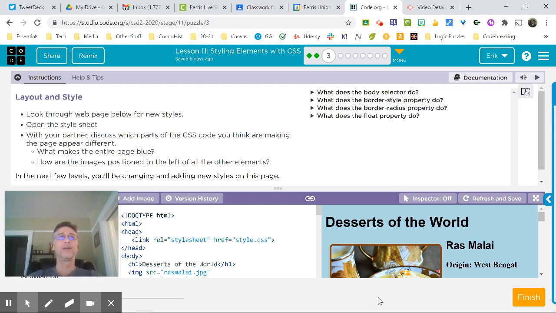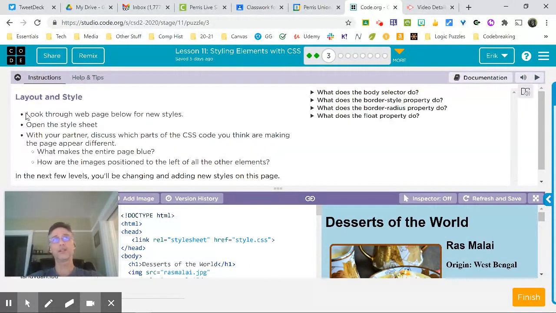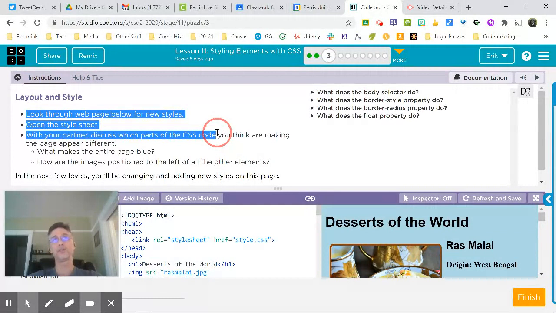So, before we were learning how to position the text, how to create paragraphs, how to create different size titles and paragraphs, learning how to put images in. Now we're going to learn how to color it, style it. Okay, so there's not really too much to do here except to explore. So it says at the top right here, it says look through the web page below for new styles,